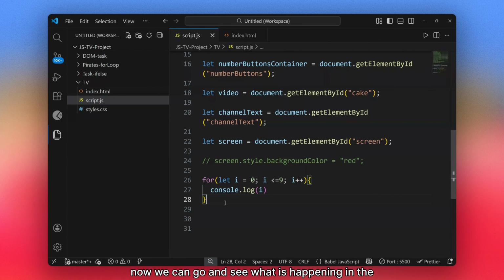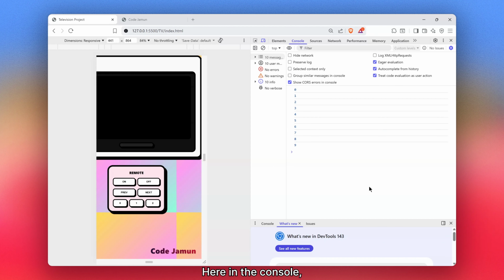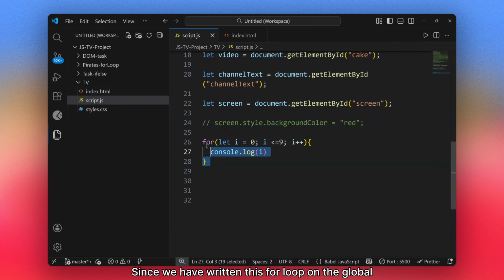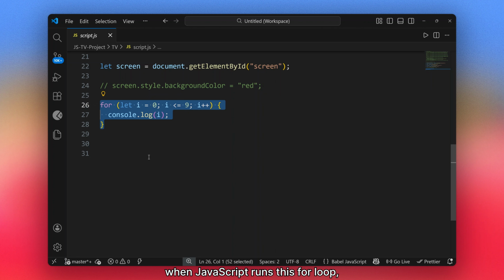Now we can go and see what is happening in the console. Here in the console, you can see the for loop has printed the numbers 0 to 9. Since we have written this for loop on the global scope, now JavaScript will immediately execute or run this for loop. When JavaScript runs this for loop, the for loop will create a new variable i with the initial value of 0,